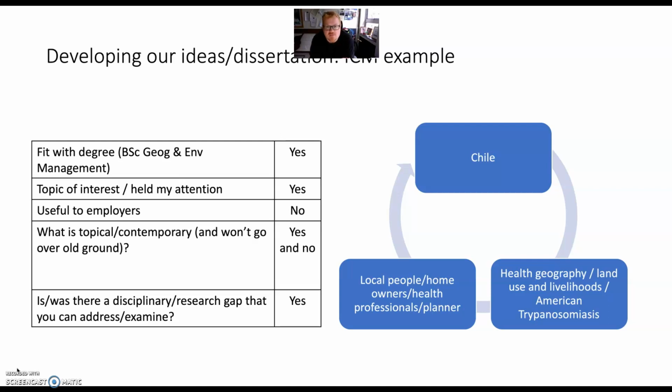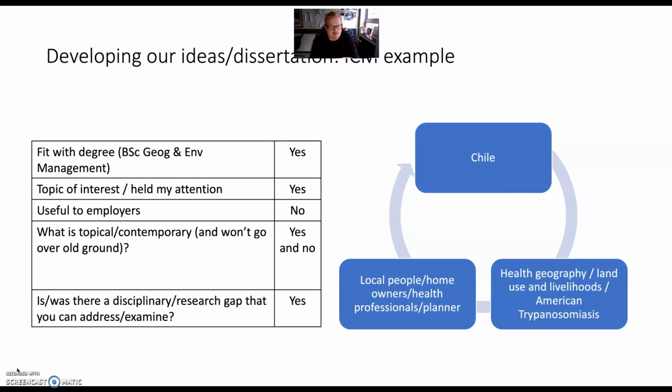I then designed a set of questionnaires and interview questions that could be asked to local people and to local stakeholders. And then I went to Chile, speaking no Spanish or very basic Spanish, and managed to talk to some local people, some business owners and some local health professionals who then did interviews for me based on a pre-translated interview schedule. And I came back and I wrote that up. But the way that project was developed was that the location was the key factor, and then I found the theme or the issue that I was interested in, and then I found the stakeholders to work with.